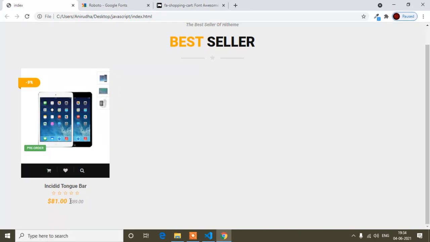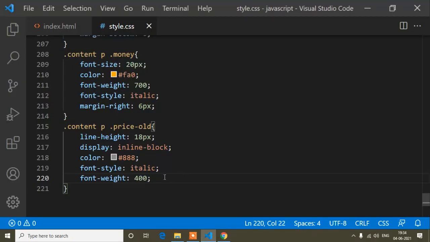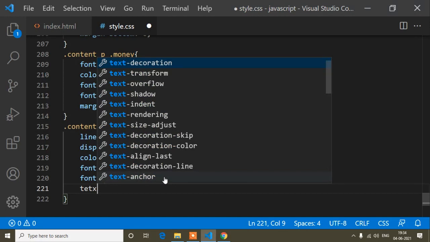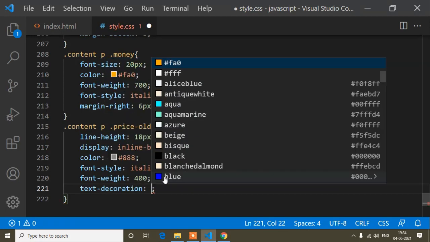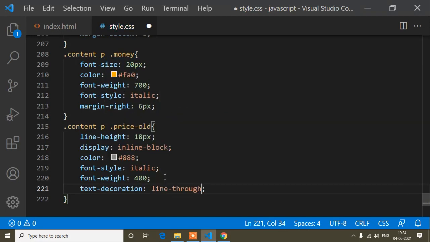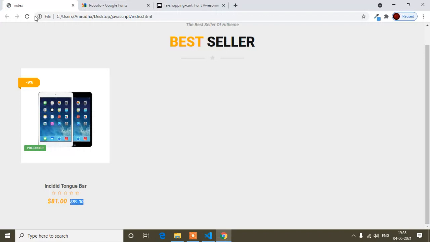But guys, actually this is the old price and this is the recent price. So for that, on this old price text I have to add a line, I mean I have to cut this old price. So for that I will write another CSS property, text decoration will be line-through. That means it will add a line through this text. So save. So you can see it's added a line.